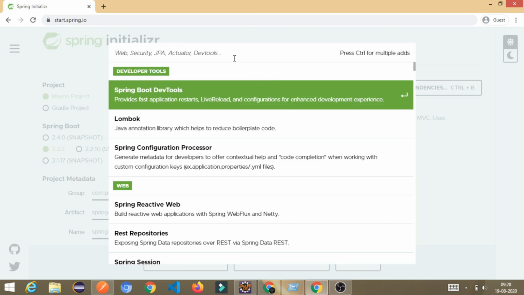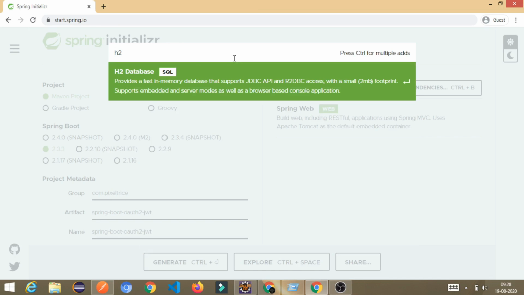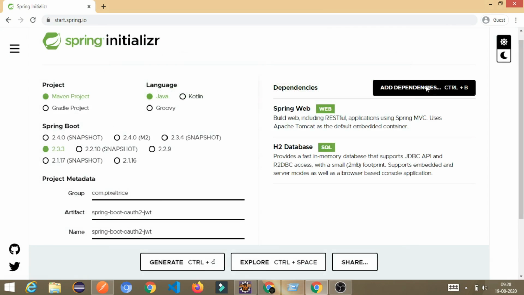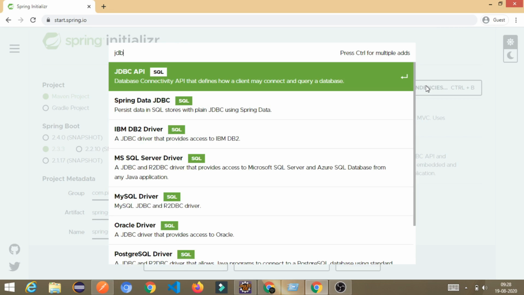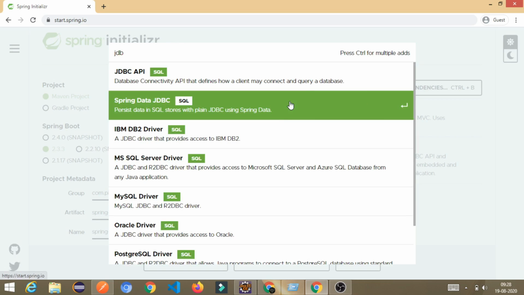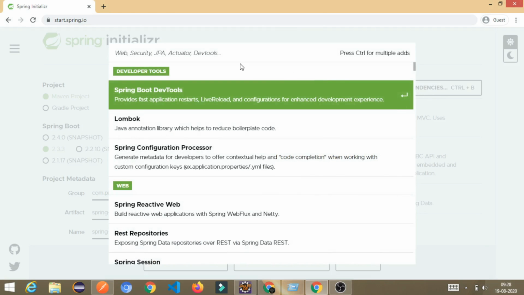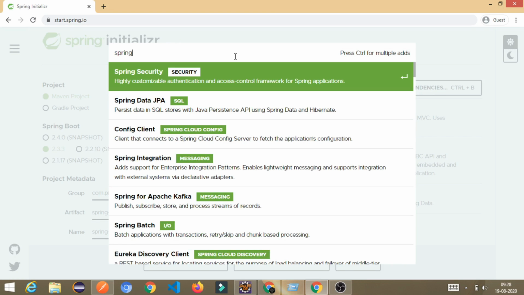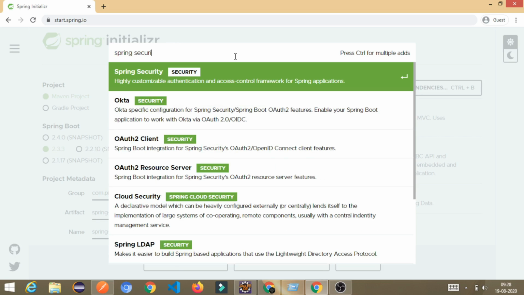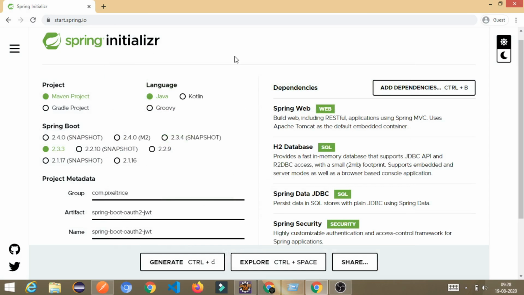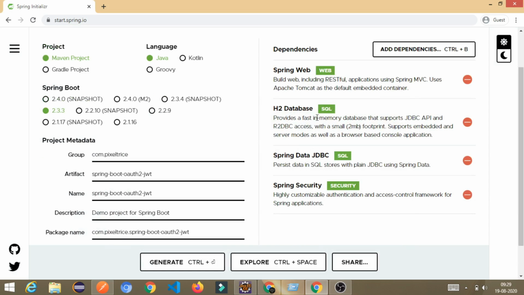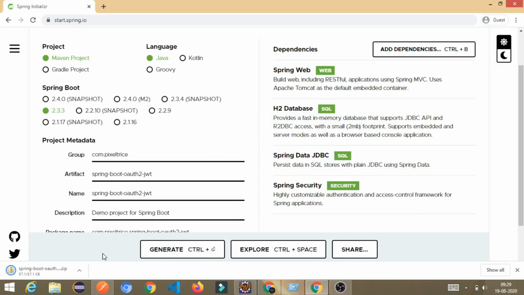Then we require an in-built in-memory database for this purpose, and JDBC, Spring Data JDBC, and Spring Security. Once you have these dependencies, just press Generate. You will get the project in the form of a zip file.